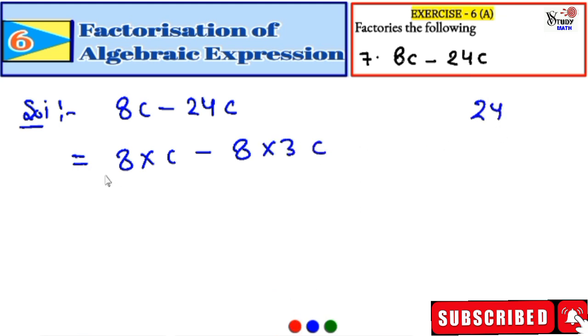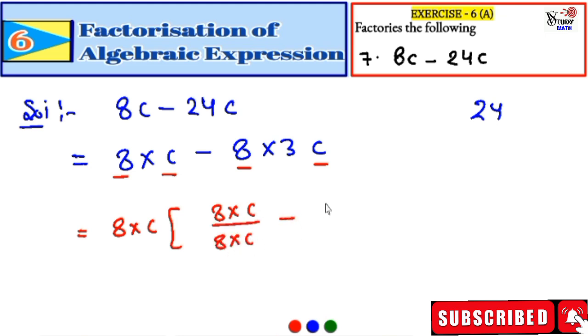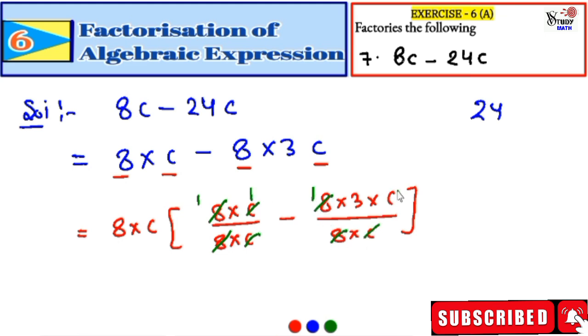So here this 8 and this c, this 8 and this c. Now there are two common factors in both the terms. 8 and c are the common factors in the first term, and 8 and c are the common factors in the second term. So we take both the common factors out. So from 8c, 8c will multiply, and 8 multiply 3 multiply c will be divided by 8 multiply c, because 8 multiply c is common in both the terms. So this 8 and this 8 cut one time, and this c and this c cut one time.